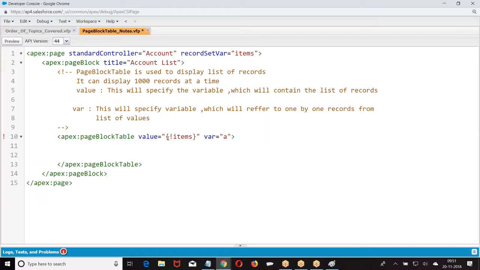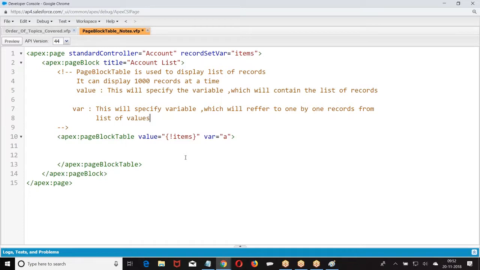We have a list of records in that A. In that A we are taking, I have a list of students. Var equal to A. I will start with the first record. Var equal to A. Okay, completed. Go to next, go to next, till the last. Start from the beginning till last.